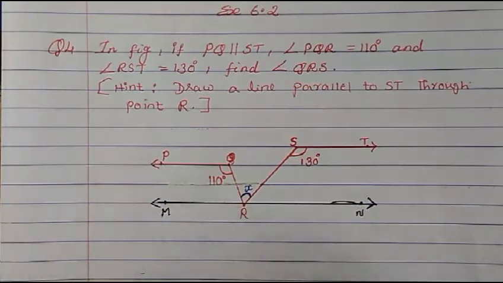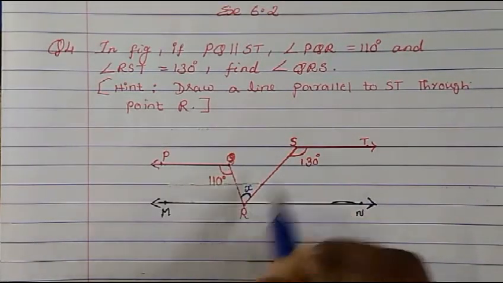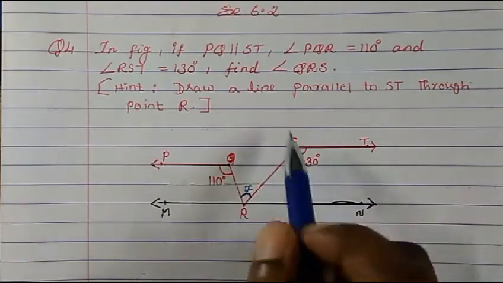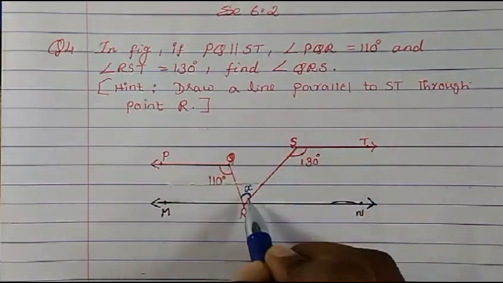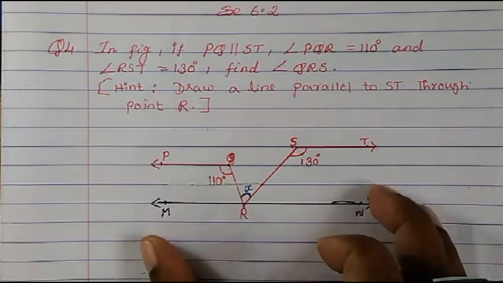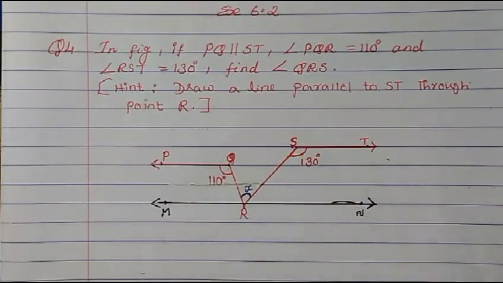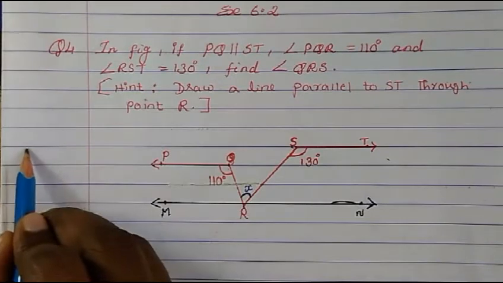So now we have to find the value of X, because this is the angle QRS. Okay, so we have to find QRS. This is the angle we have to find out. So how can we find it out? Just look at this figure. We have studied pairs of angles. When two lines are parallel, pairs of angles are formed. I have explained this when I taught you the introduction for exercise 6.2. You have to know by heart how pairs of angles are formed.